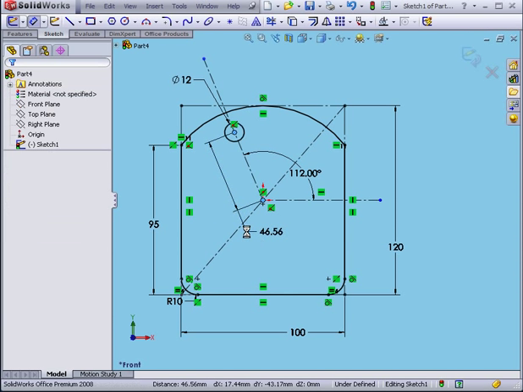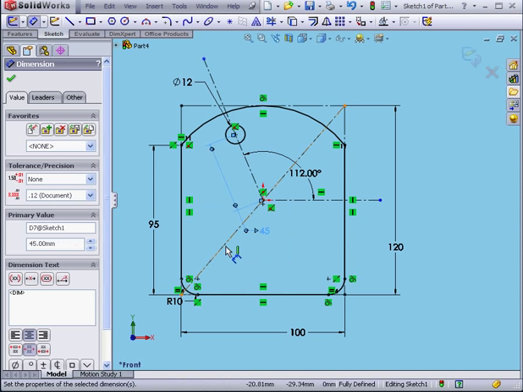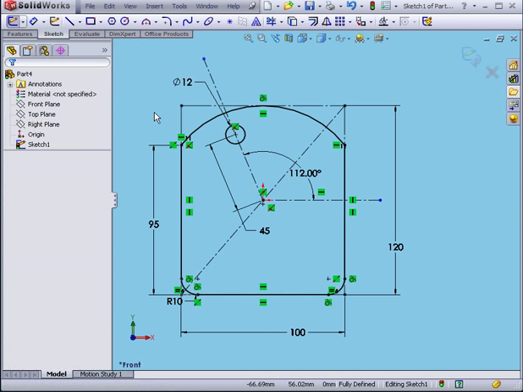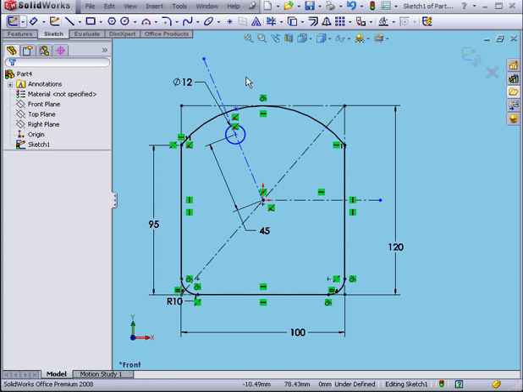Again, let's right-click. And left-click when you're satisfied with the position of the dimension. Let's enter 45. OK. Right-click, select. Now let's delete this angular dimension. Activate the Point tool. Let's drop a point right about here. Right-click, select. Let's say I want the position of this construction line to be driven by the distance along this line